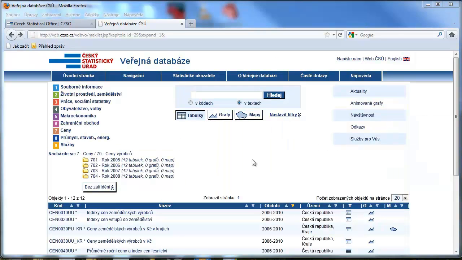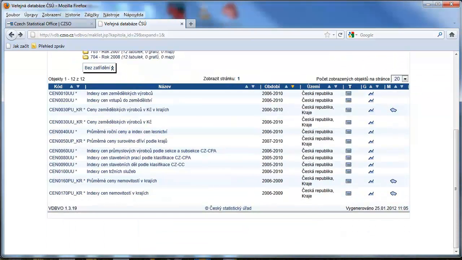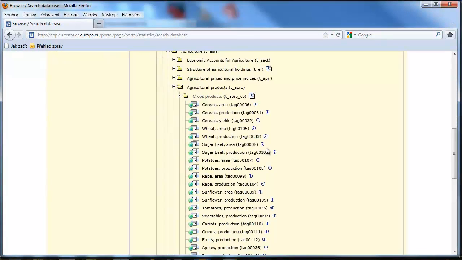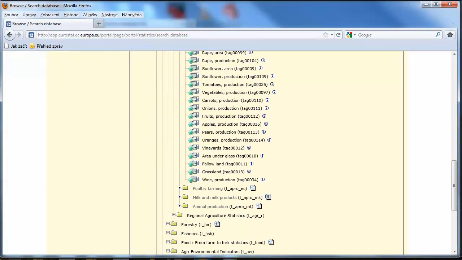The sources of external data are, for example, the public database of Czech Statistical Office, the Institute of Agricultural Economics and Information, and public database of Eurostat.